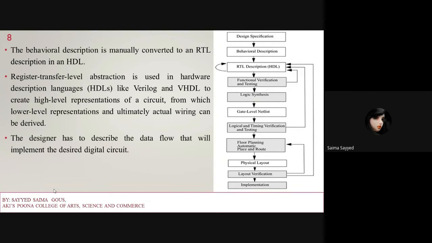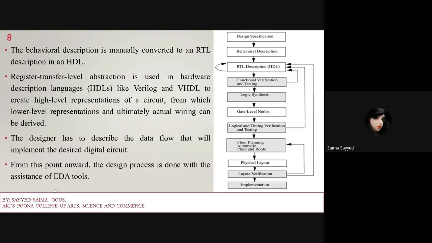The designer has to describe the data flow that will implement the desired digital circuit. Here we have to write the data flow, how the design should be, that will implement the desired digital circuit.